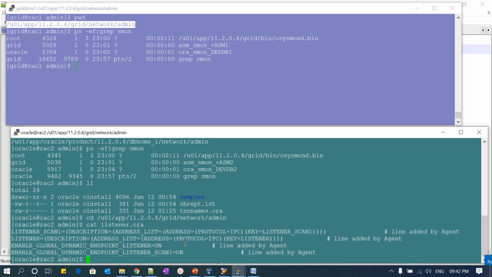It is a scan listener. Automatically the scan listener is responsible for taking the incoming connection and passing it to the local listener. If a local listener exists on this particular node, it will pass it to that listener, and internally that listener will connect to the database. If there is no local listener, it will just connect to the database.